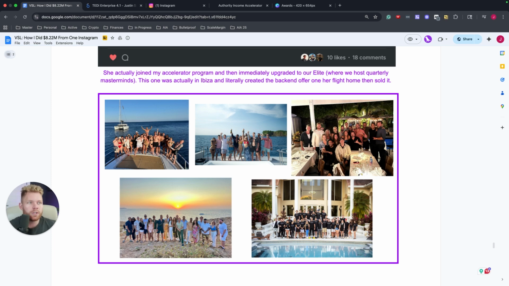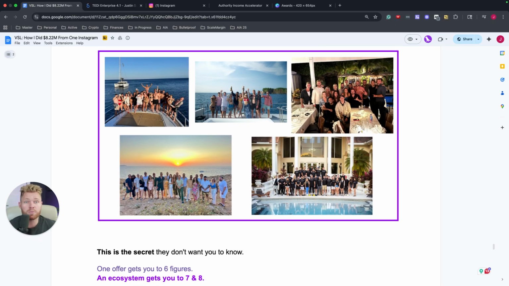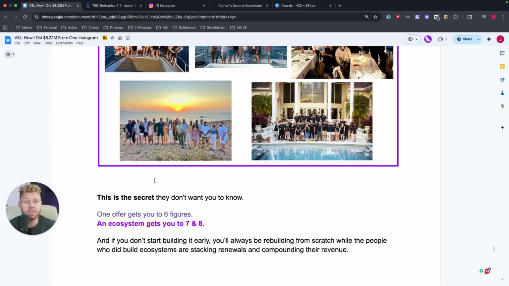This one was in Costa Rica. This was in the Bahamas. This was in Ibiza, which is the most recent one. And then this one was in Fort Lauderdale. This one, we open up some here and there to all of our clients. And this was the first one we opened up to all of our clients that came through. I think we ended up being over 40 people there. And then Ibiza was our biggest international one. We had 25 clients there. It was insane. It was so much fun.